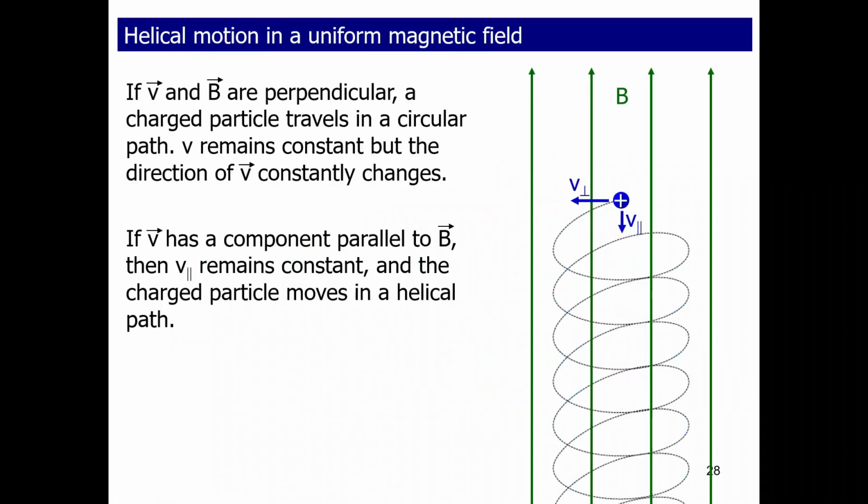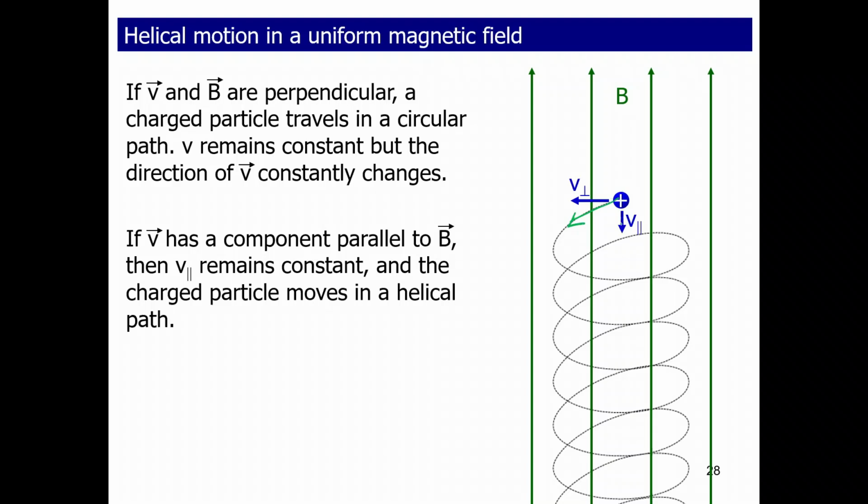Now, what if you have a particle that is not moving just perpendicular? What if I have a particle that has components to velocity that are both perpendicular and parallel? Well, what's going to happen is the perpendicular component is going to cause a change in direction, while at the same time, the parallel component is completely unaffected. So if, for example, I have this magnetic field going up towards the top, but my velocity is going kind of down at an angle,